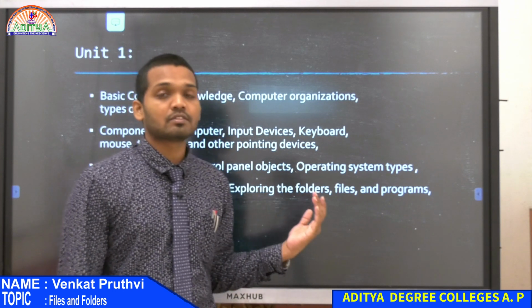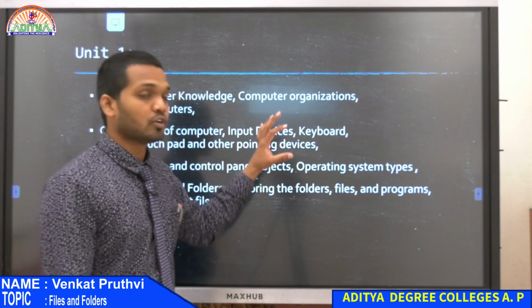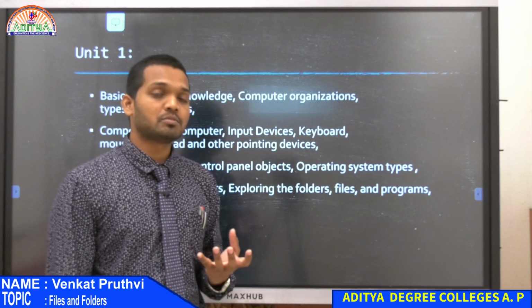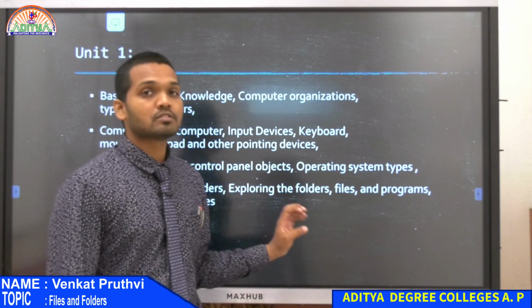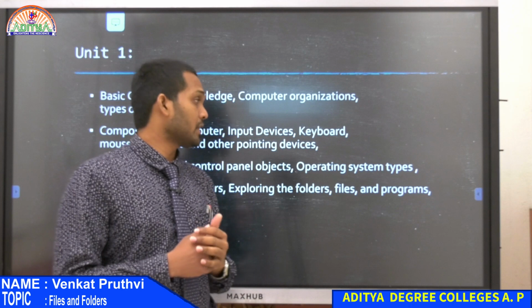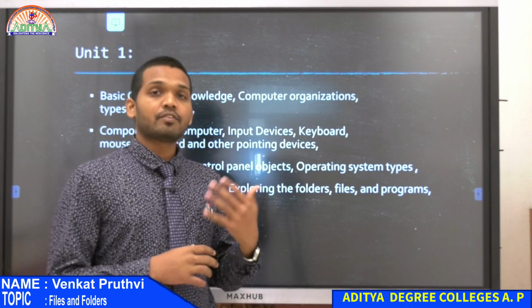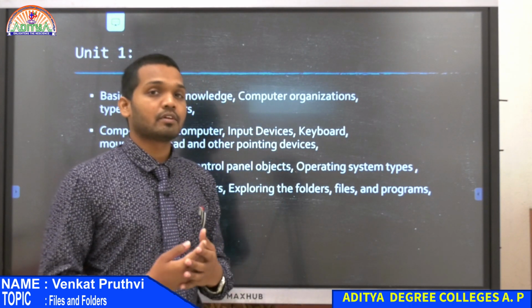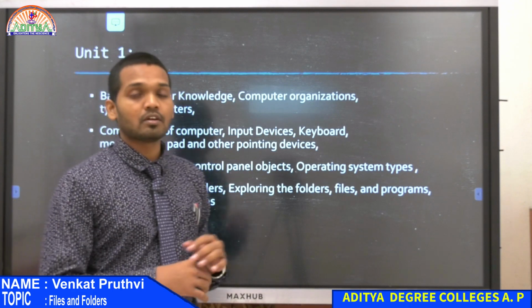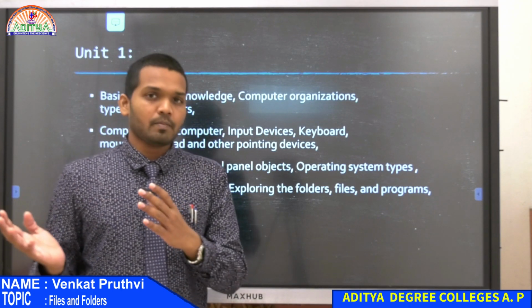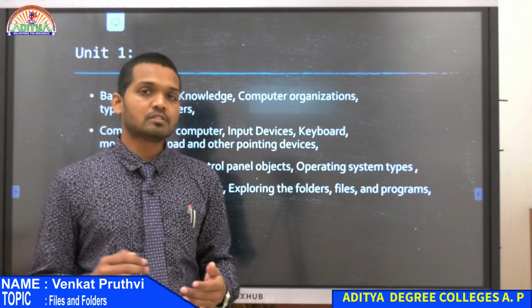Yesterday in our session, I was showing you how the control panel objects look, what the desktop icons are, why we really require those desktop icons, and also what kind of terminal window we have instead of a desktop icon in the other interfaces.